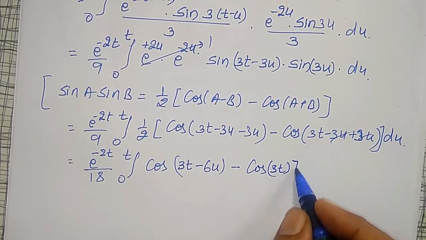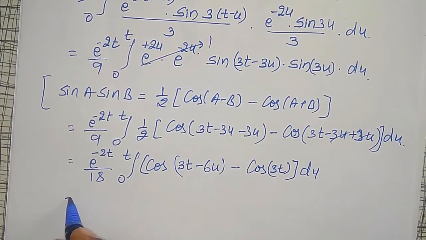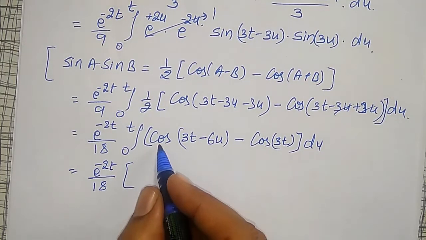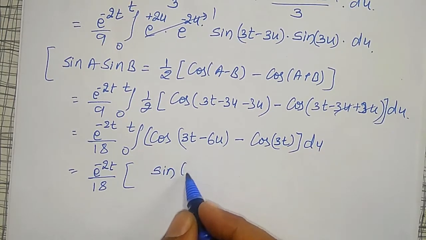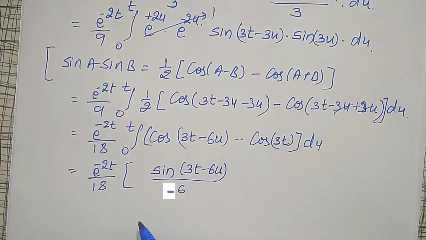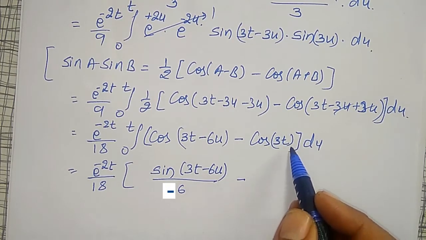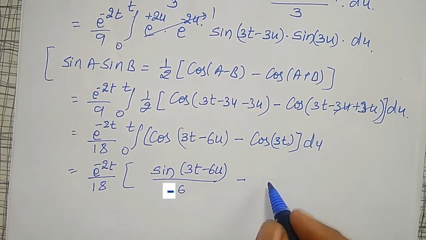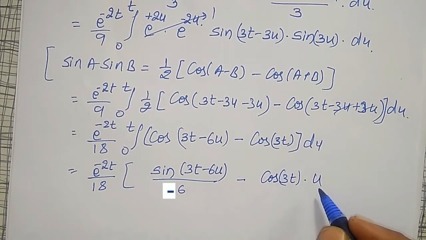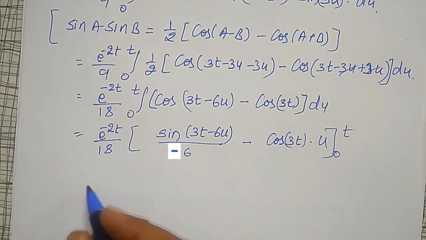And one thing you can observe here, we are integrating with respect to u, du. Okay, therefore I will get it as e to the power minus 2t divided by 18. Integration of cos is nothing but sine 3t minus 6u. I am integrating with respect to u, therefore divided by 6 minus cos 3t. No u term is there, therefore this will act as a constant now. Therefore its integration will become cos of 3t into u between the limits 0 to t. Now upper limit minus lower limit, I will get it as